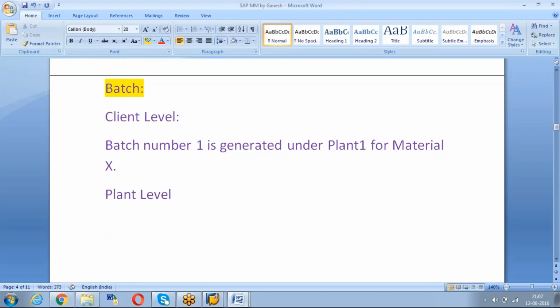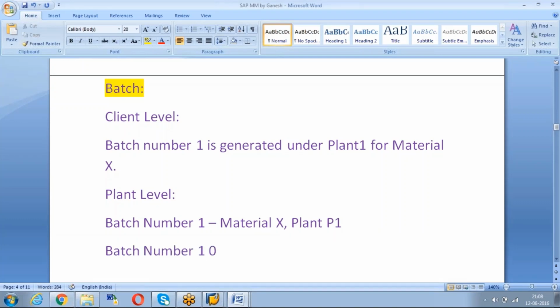If it is plant level, what will happen? Batch number 1 will be visible in the other plant also. For example, batch number 1, material X, plant P1; the same batch number 1 you can see for maybe material X or any material Y in plant P2, because the batch numbers are at plant level.